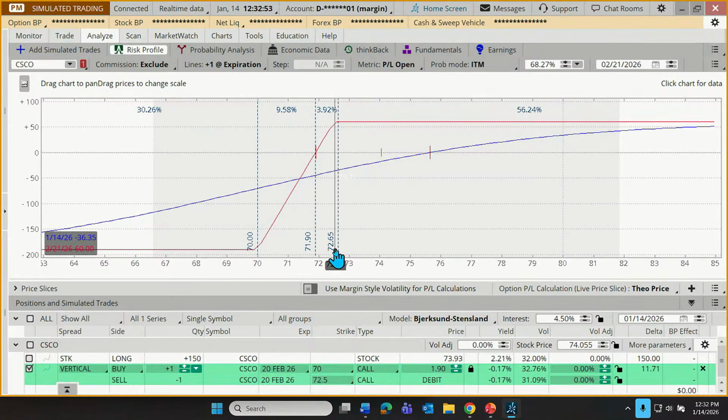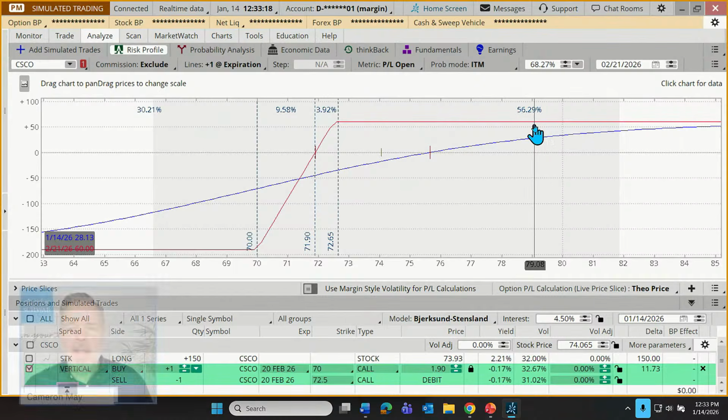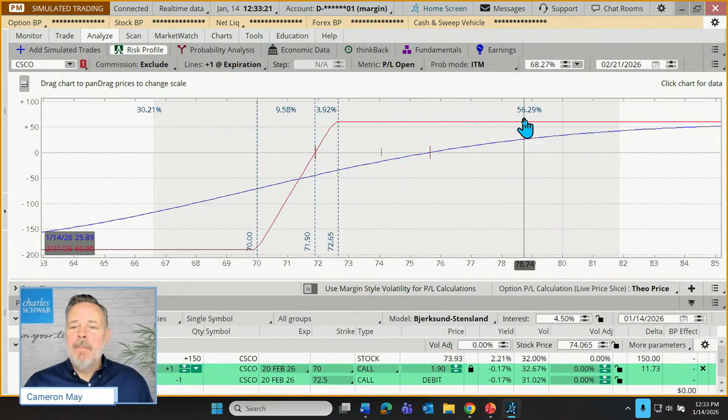I got it close. So we're going to be off by a fraction of a percentage point, and since these are estimations of something that hasn't happened yet, for probabilities, might be close enough. The phrase that my dad would use is, hey, close enough for horseshoes and hand grenades and probabilities, right? Anyway, no, he wasn't an options trader. I'm just borrowing one of his favorite phrases and tacking on a little bit of my own. Anyway, there's about a 56% chance that at expiration, this trade is at maximum gain. The stock is above about 72.5.